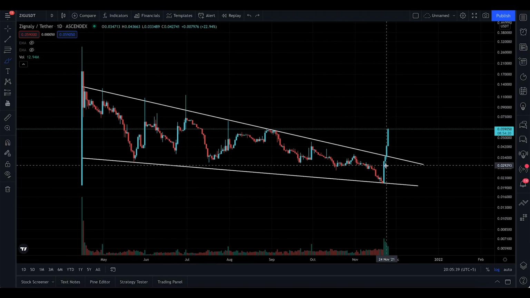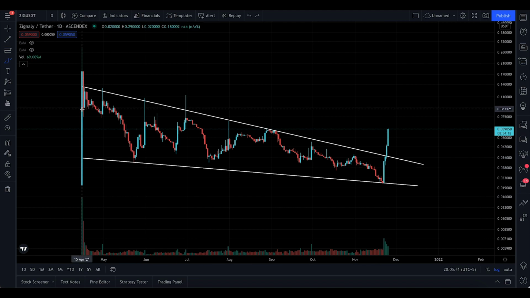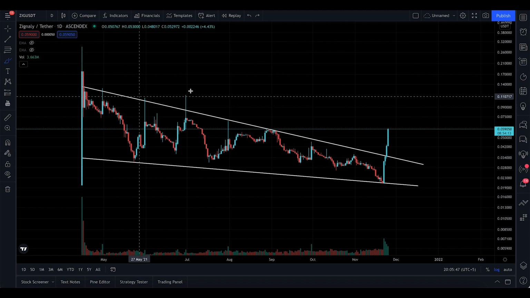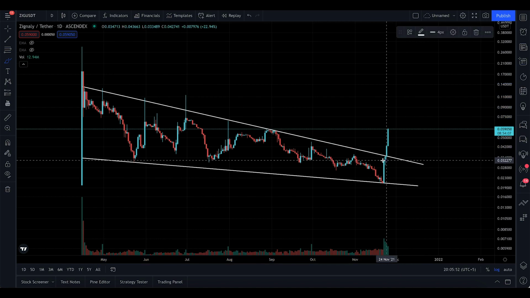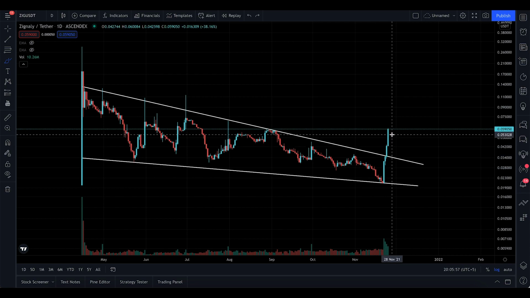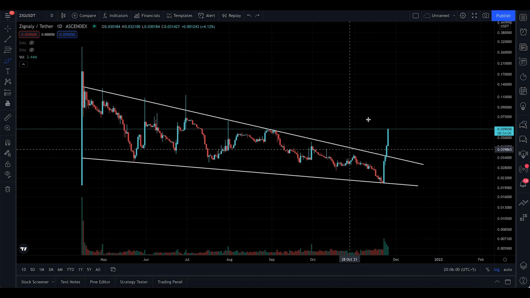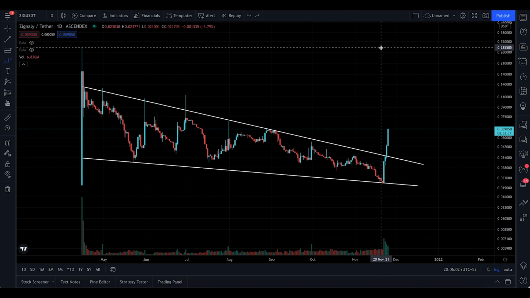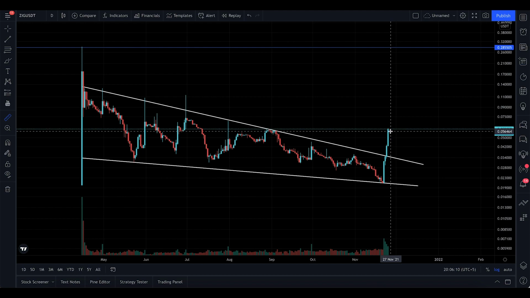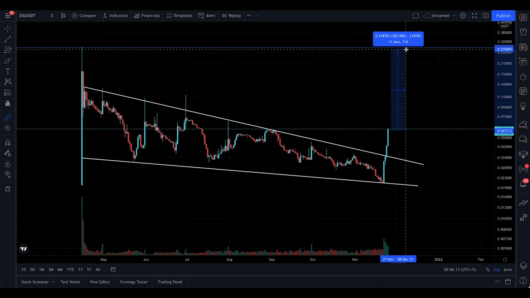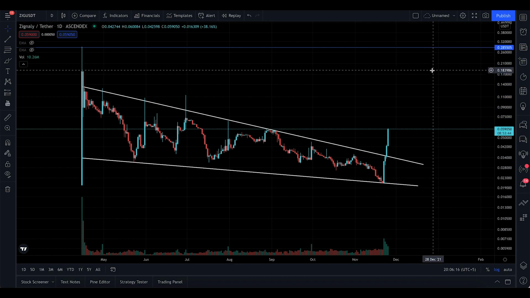On the technical part, it's now turning bullish since it launched on the AscendX exchange, I guess, in April 2021. We've had this downfall, and finally we've had the breakout. Look at those three beautiful white soldiers out there. If this one closes in the next 8 hours, it's so bullish, and the minimal price target by the end of this bull run is 0.28, 28 cents basically. And if you're entering right now, it's going to be a 383% gain.